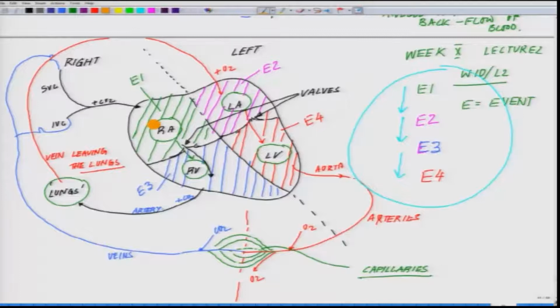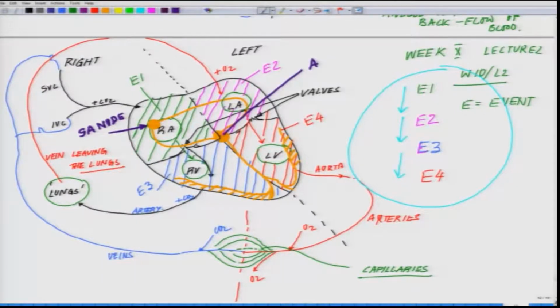You follow the orange line that I am drawing, and that will give you an idea about how the conduction circuit is being laid out within the anatomical framework of the heart. So, this location is called the SA node,